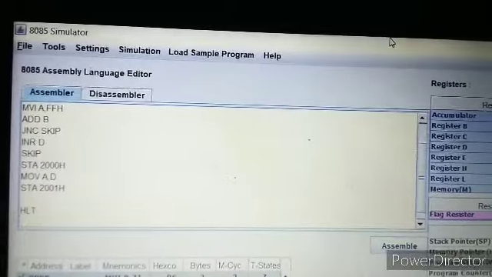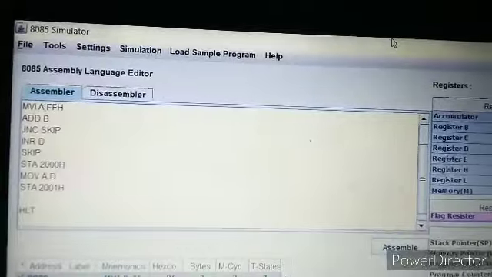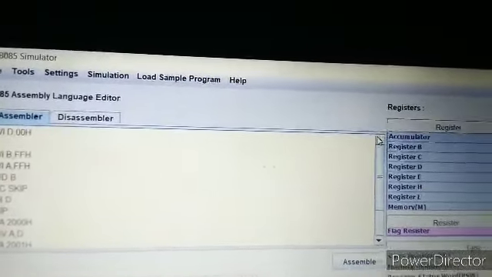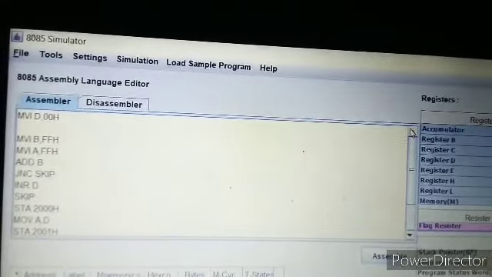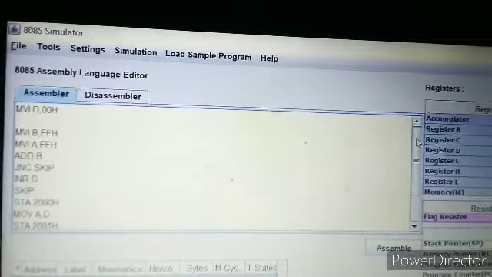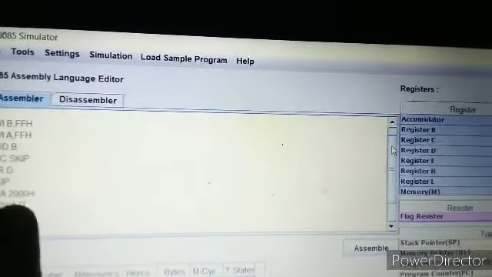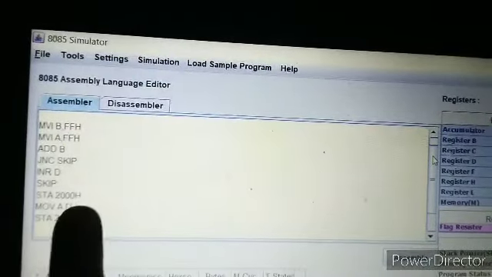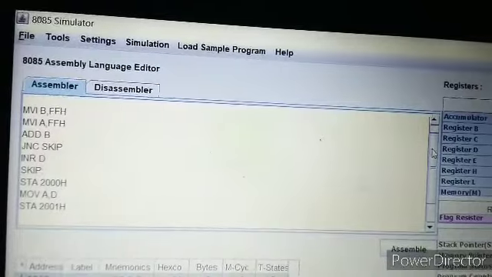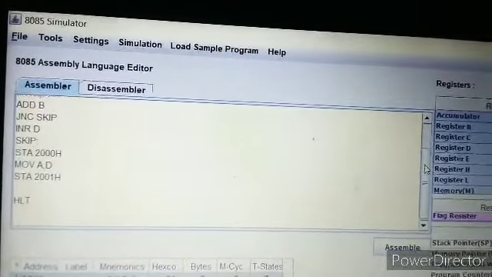As it is a bit wide program, I have written it already. As you can see, I've initialized the D register with 00. Then I have stored FFH in B, FFH in A, added them, and jump if not carry to skip and do the rest of the program. If any carry occurs, then increment D and then store the result.